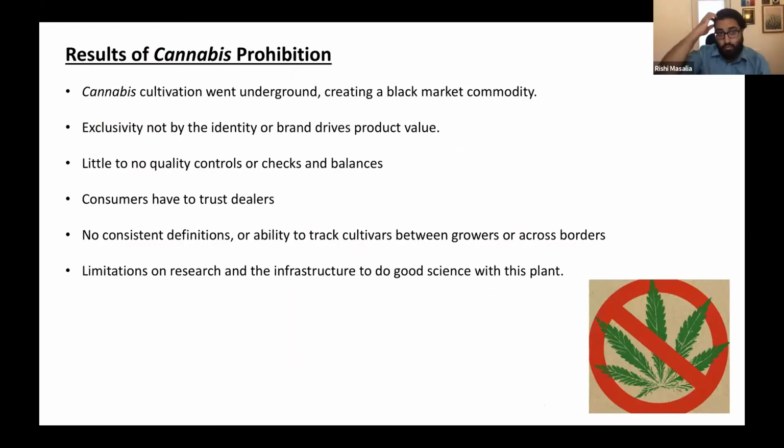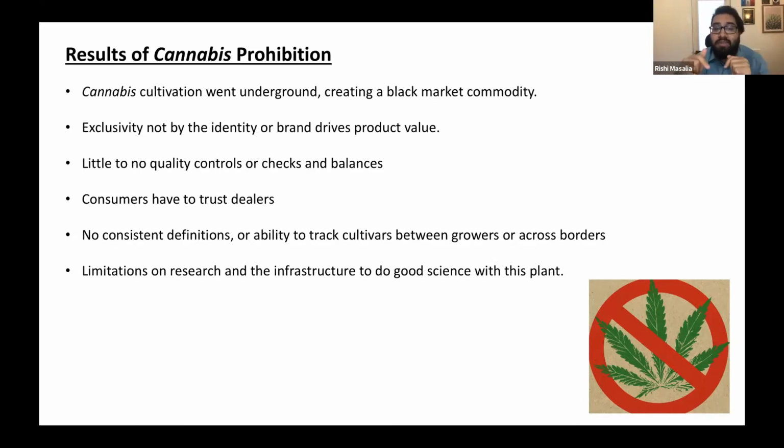So why is prohibition bad? What happened because of prohibition? Some of the basic results of cannabis prohibition: cannabis cultivation went underground, creating a black market commodity. So you couldn't actually grow cannabis in the light of day. You had to do it in your garage, in your grow tent, up on the hill. And it created a black market commodity where you had to sell the product or sell your plants under the table. And so exclusivity